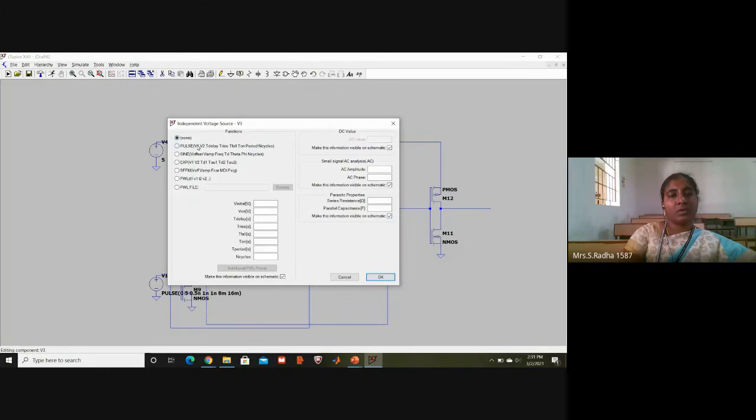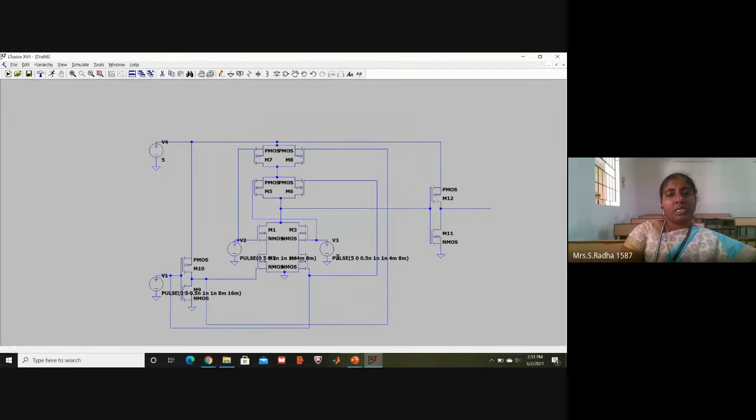For D1, go to advanced. I will take 5 followed by 0 to get some difference in the waveform. Only I am doing like that, to clearly observe the waveform. Other than that, any input you give, the logic will work. So it is on time 4 milli, time period 8 milli. This is about D1. D0, D1 I have given.